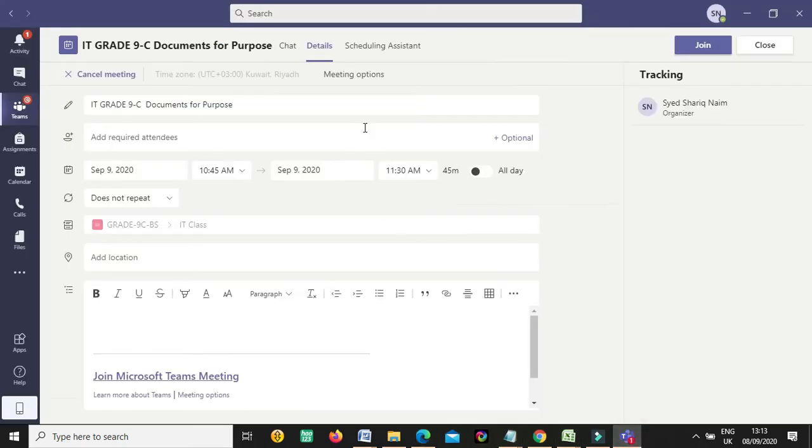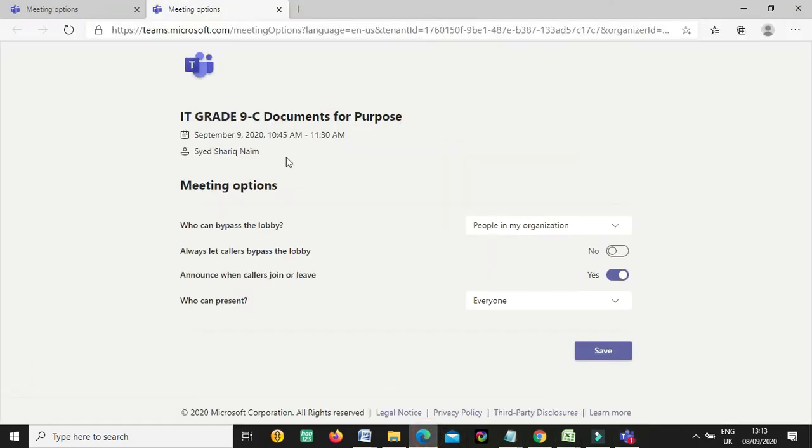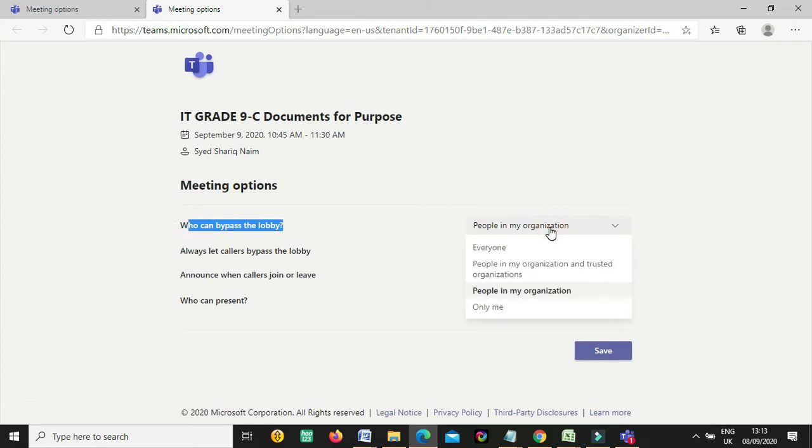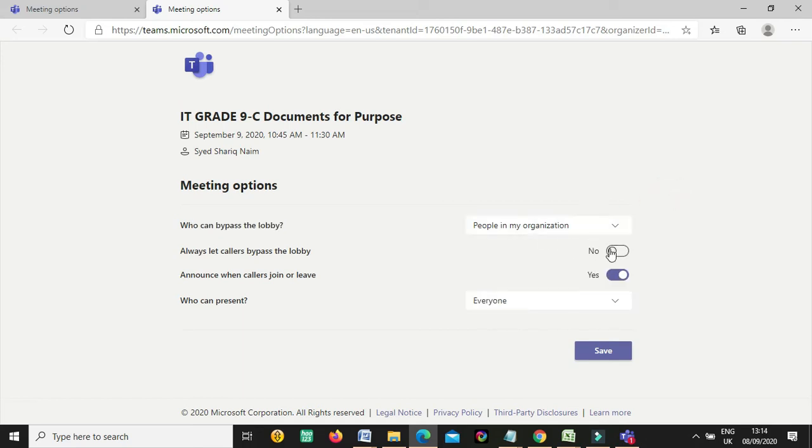Once you click on meeting options, you can see there will be a new window, and here: who can bypass my lobby, people in my organization, only me, everyone can bypass my lobby, or you can choose as you want. I select people in my organization, always let callers bypass, leave it as it is, announce when callers join, okay, yes.